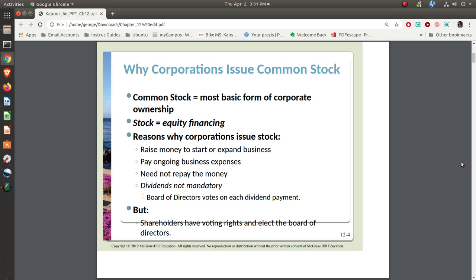The most common form of stock ownership is common stock. Now, this is where they're going to be paying dividends. Dividends are where the board of directors decides, okay, we're going to distribute some of the profits to our owners because they deserve it. They're owners, and so they will declare a dividend. So you're getting a portion of the profits back.